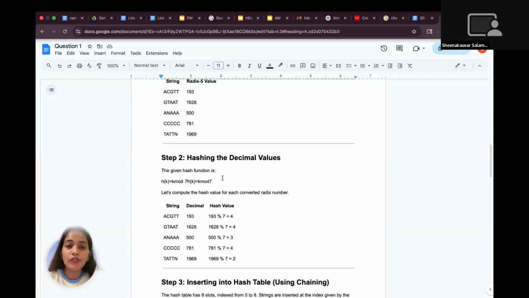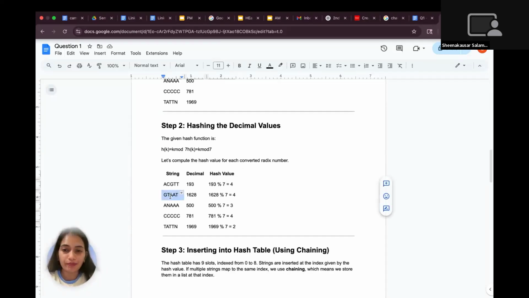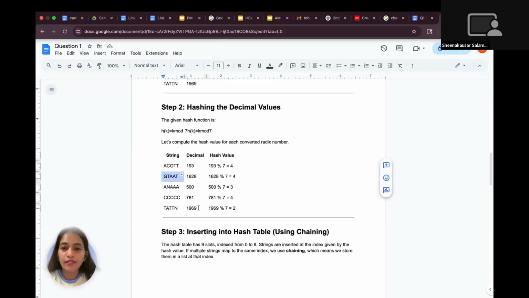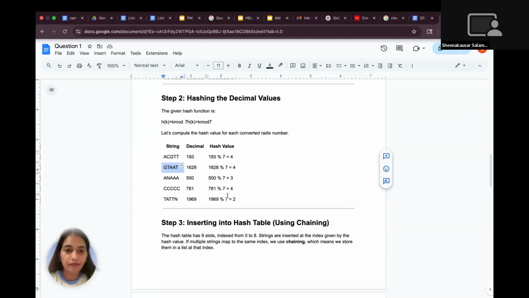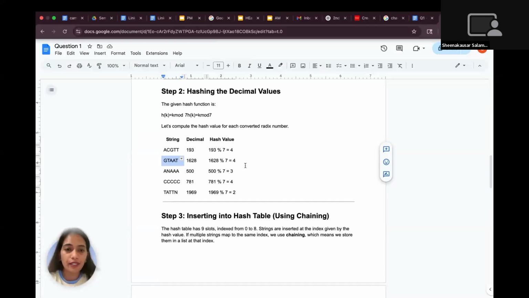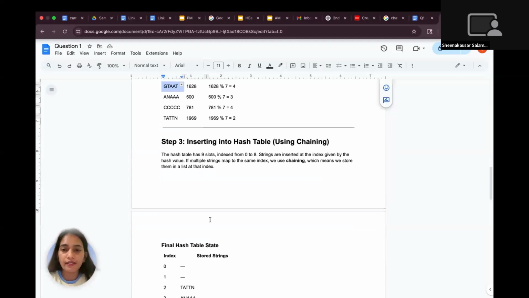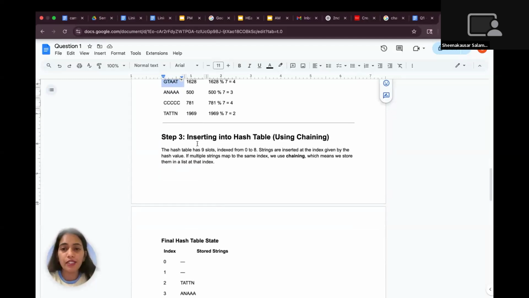If you perform the modulo function, we can write it as 193 modulo 7. So the result will be 4. Similarly, we have to perform modulo 7 with 1628, which is the value of GTAAT. So let's record all these results using the modulo 7 formula. And this is the final value that I got. We can already see that index 4 has multiple strings hashing to it, and this will require chaining in the next step. So let's move to the next step, step 3, which is inserting into the hash